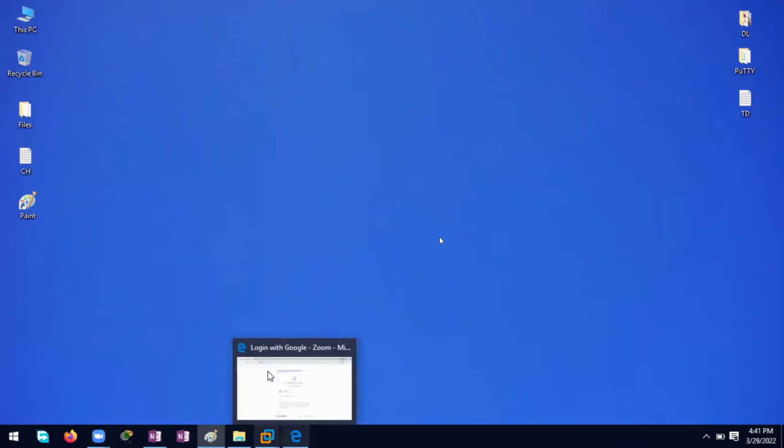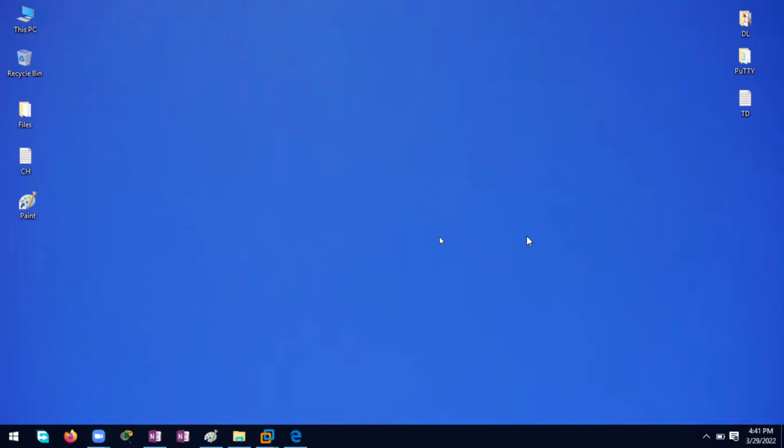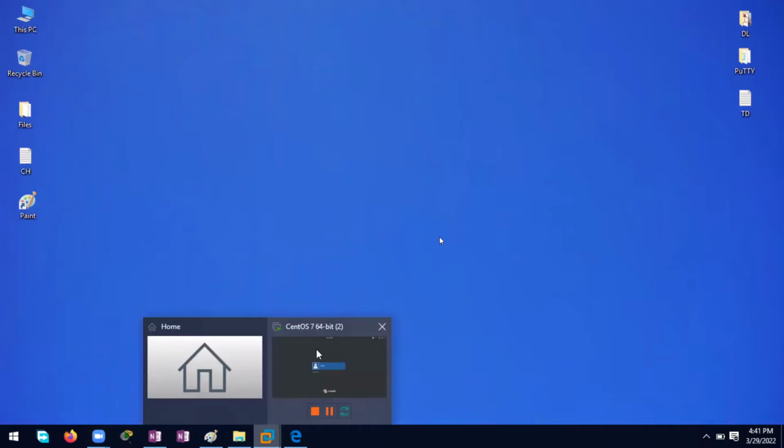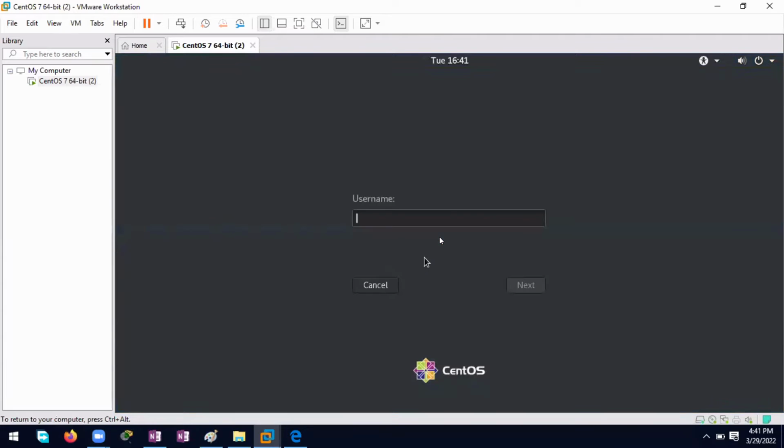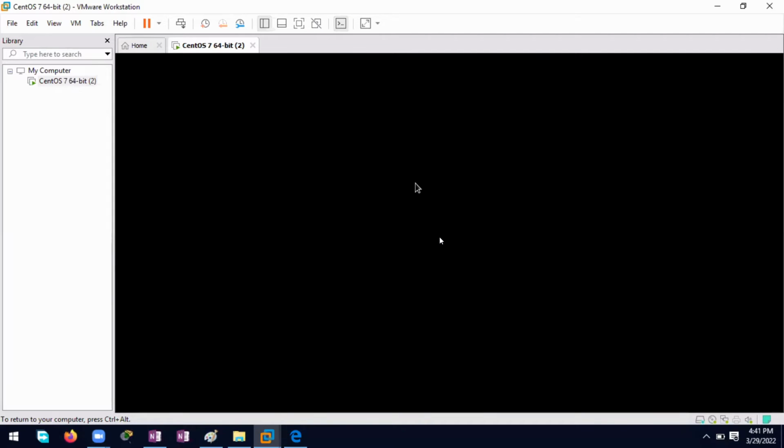Okay, yesterday, sir, we saw the installation of Linux CentOS. So the installation was complete. Next, you are going to log in as administrator or root user. So enter root, enter the password for the root user, root123, and